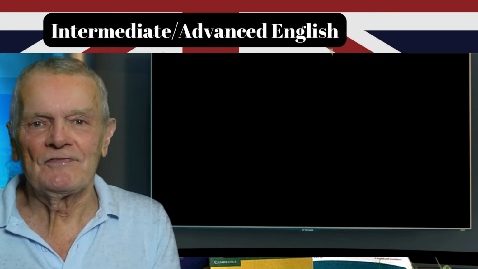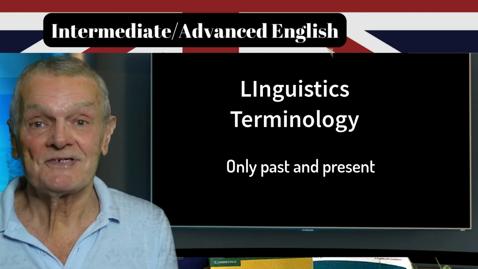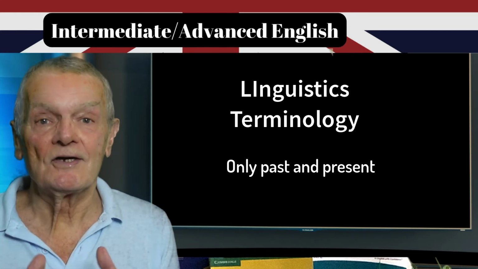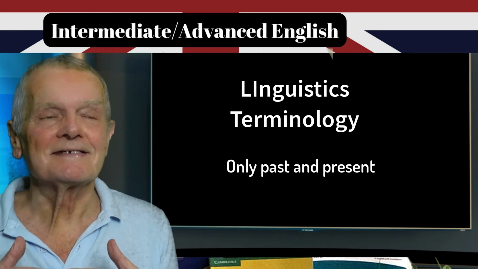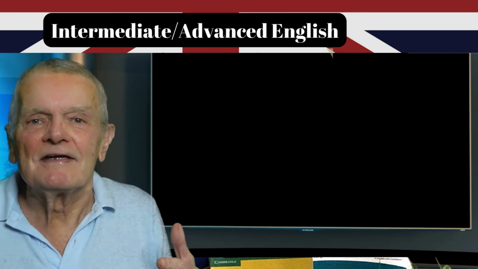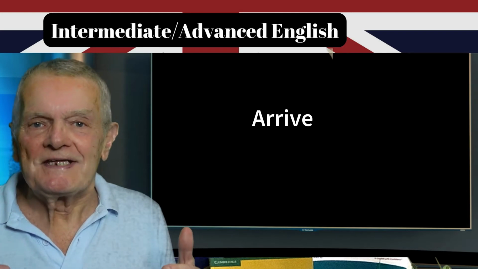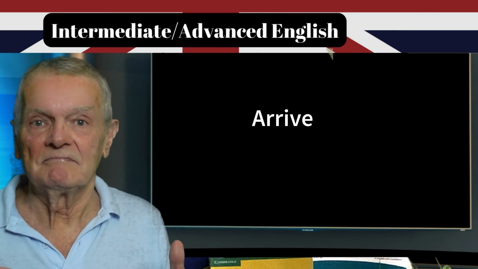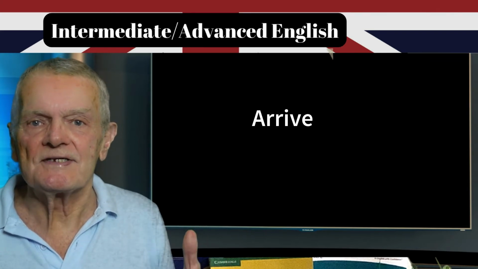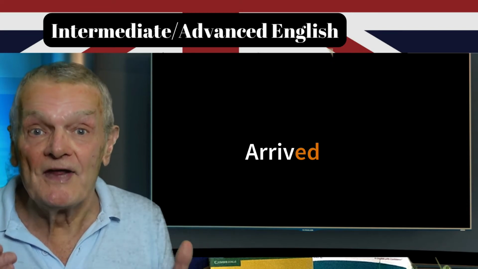In the terminology of linguistics, English is a language with only two tenses, past and present. That's because, according to linguistics, a tense is indicated by a distinctive verb form, like I arrive is in the present tense, because the idea of present tense is expressed by the single term arrive. I arrived is in the past tense, because the idea of past tense is expressed by the single form arrived.